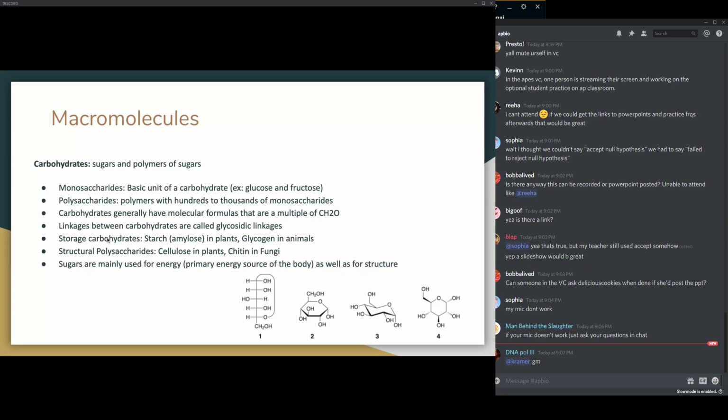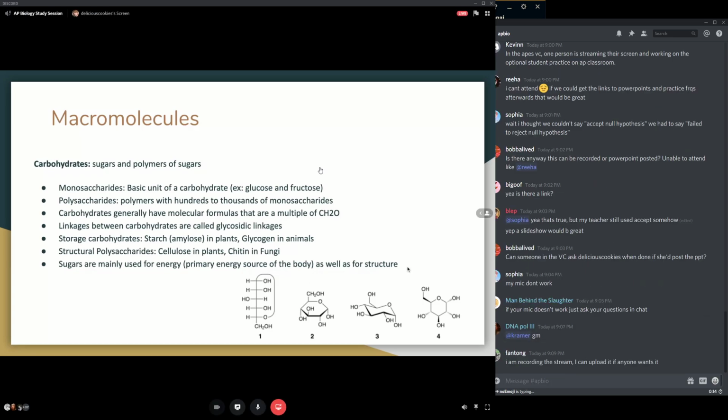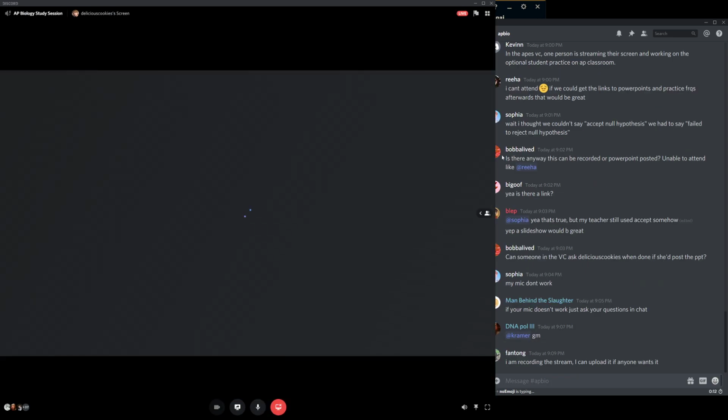The main storage carbohydrates you should know, which are polysaccharides, are starch, which is for energy storage in plants, and glycogen, which is in animals. And you have structural polysaccharides, which are cellulose in plants for their cell wall, and chitin in fungi, which is also for the cell wall. Your sugars are mainly your primary energy source in the body, and they also help with structure in plants' walls and